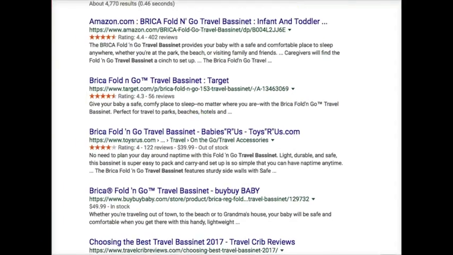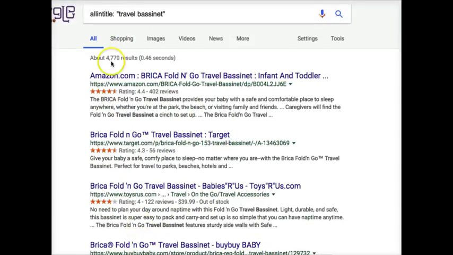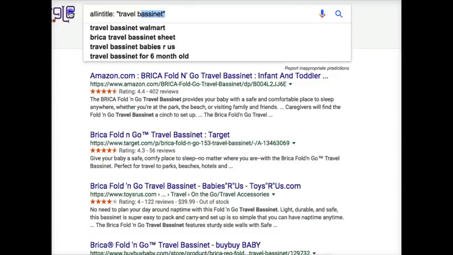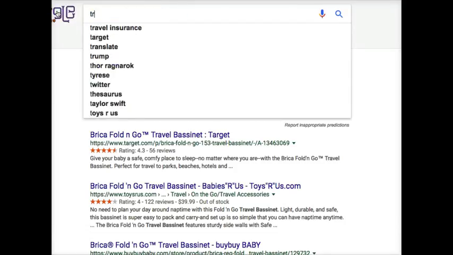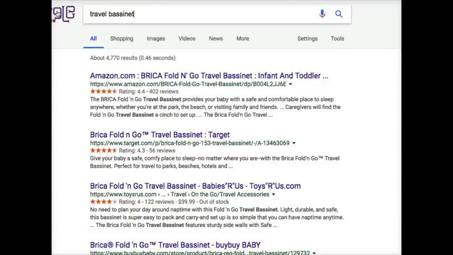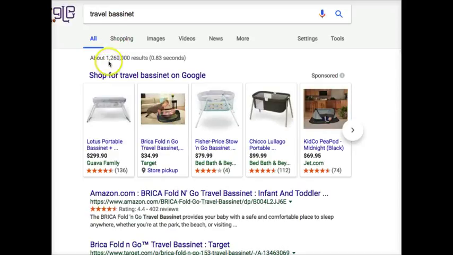Well, guess what? When we do a search here like this, in fact, if we just do the travel bassinet only, out of these 1,260,000 results, just by updating your content and doing that basic optimization, you're jumping above at least 1 million of these.